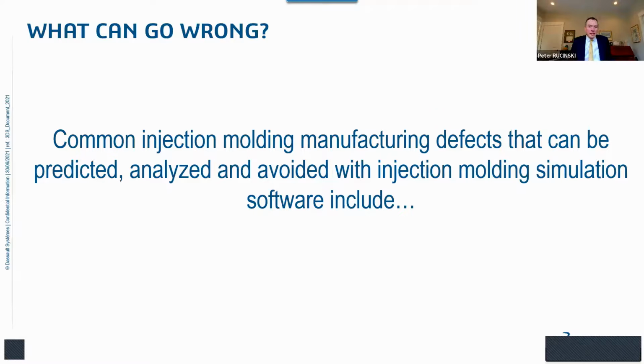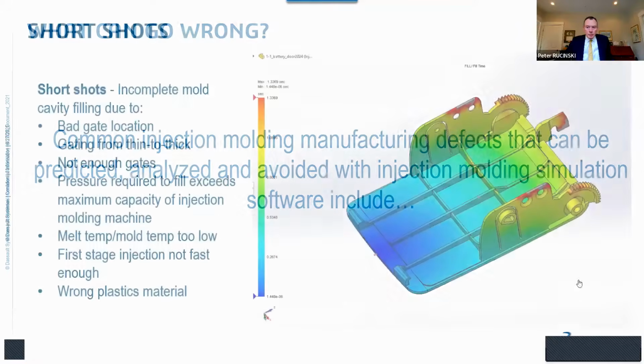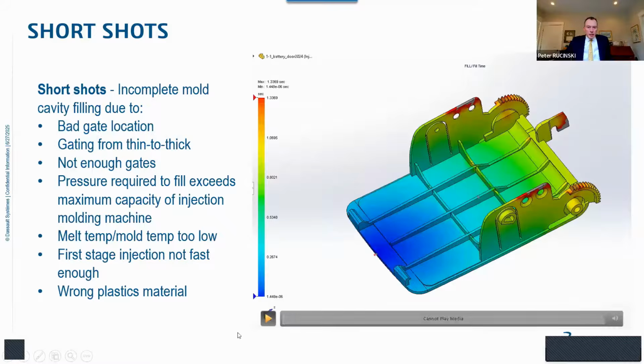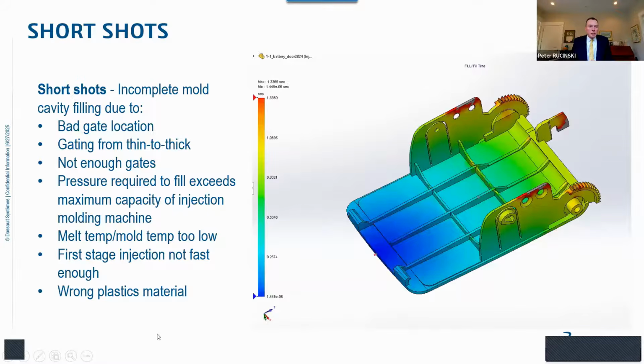I'd like to say that these problems were solved decades ago, really 40 years ago, I think. We started to develop a good understanding of how these melted plastics flow into a mold, and what injection molding simulation does for you. It basically gives you a window into your mold so you can see what's happening. Number one, short shots. It's the term that we use in English.